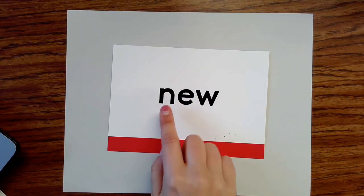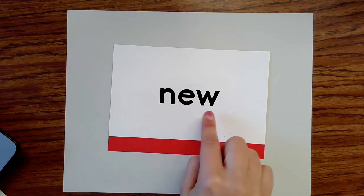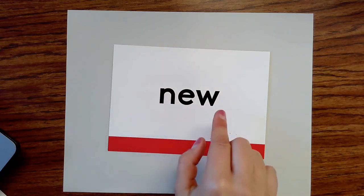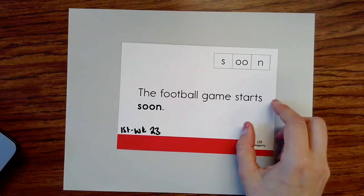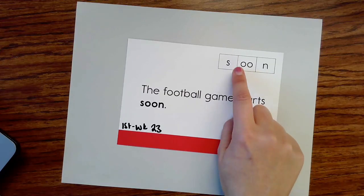Spell new. N-E-W, new. Your turn. Read new 2 times. New. New. The word is new, like brand new. Our next word also has the oo sound in it, but it's spelled with 2 O's in the word